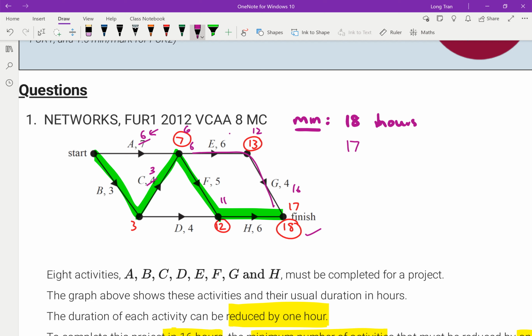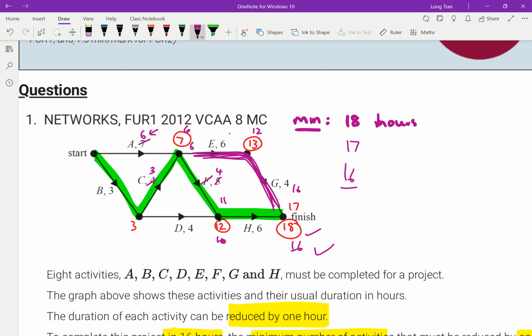Great. So that means I can still reduce another one. If I want to get down to 16 hours, I can reduce F, as an example. If I reduce F, that now becomes 4. Then 6 plus the 4 is now 10, and 10 plus the 6 gives me 16. That is still equivalent with the top row, so the top one also becomes a critical pathway, and 16